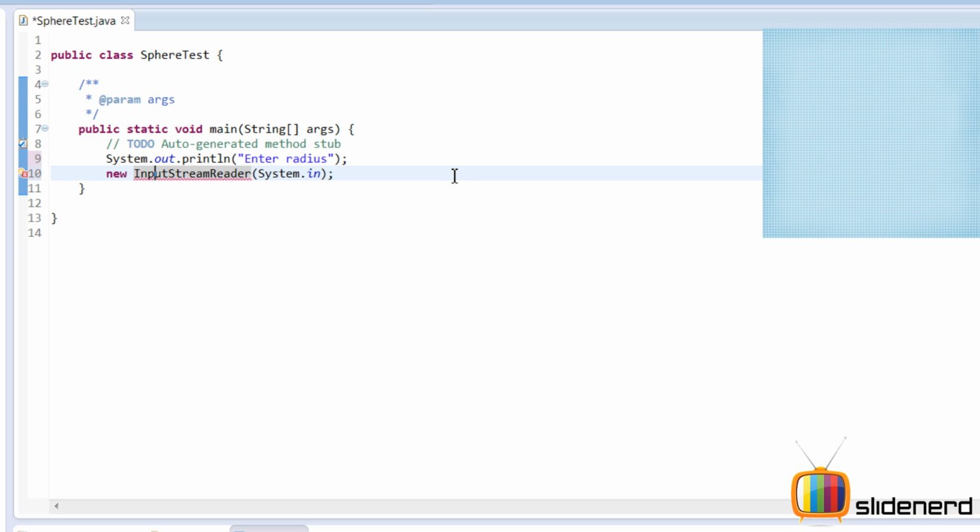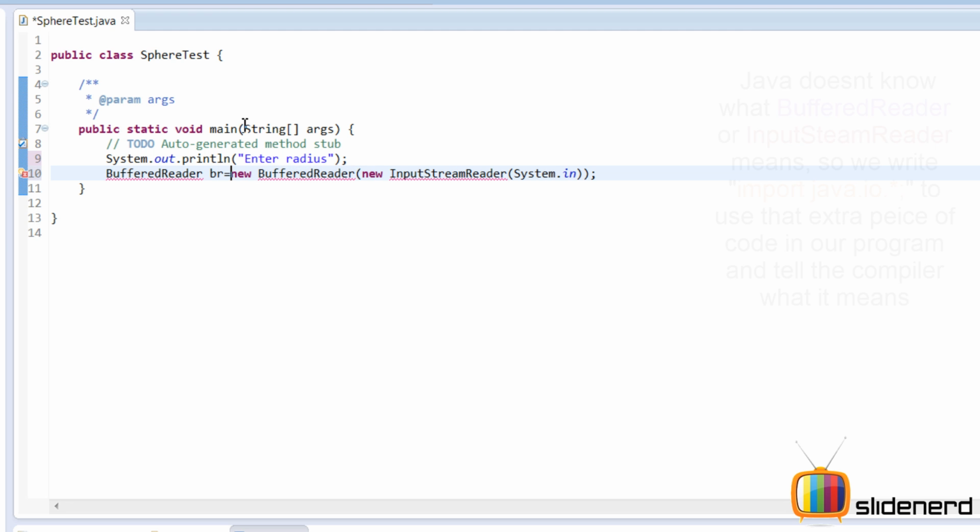But again, we need to connect a pipe to our program that will read these characters. That is done with buffered reader. I have mentioned the pipe conversions in a video on my playlist about buffered reader. You guys should check it out. Alright, so new buffered reader, and we need to give this a name, say BR.